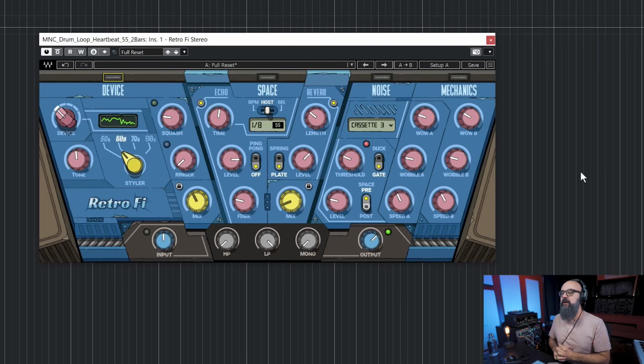So what we have with Retrofy are 4 modules, which consist of device, space, noise, and mechanics. At the bottom, we have the master section, where we have an input and output level, a high pass, low pass filter, and we have mono, which is going to narrow the stereo image. Now, there's a lot of parameters here. I'm going to try to be quick and just give you the main idea of what we're getting with